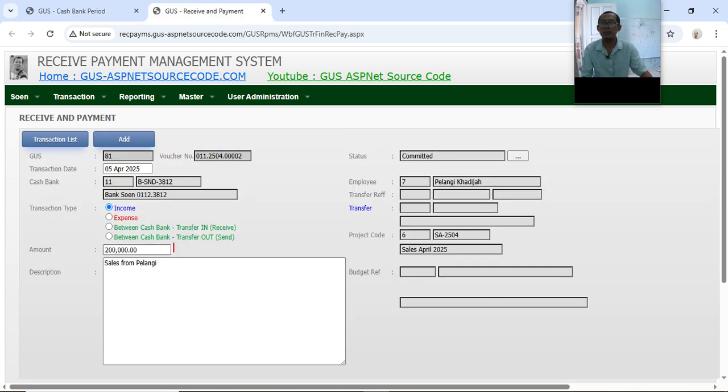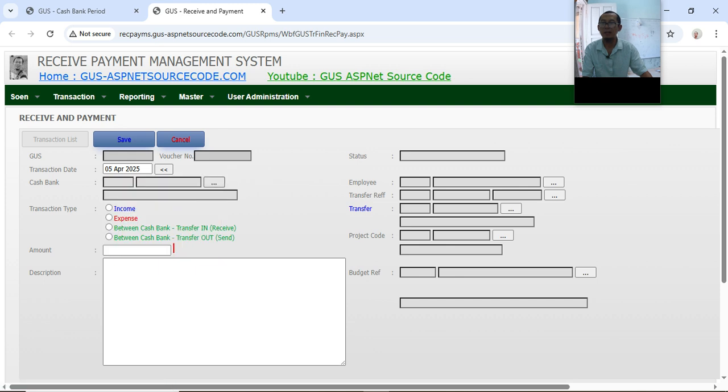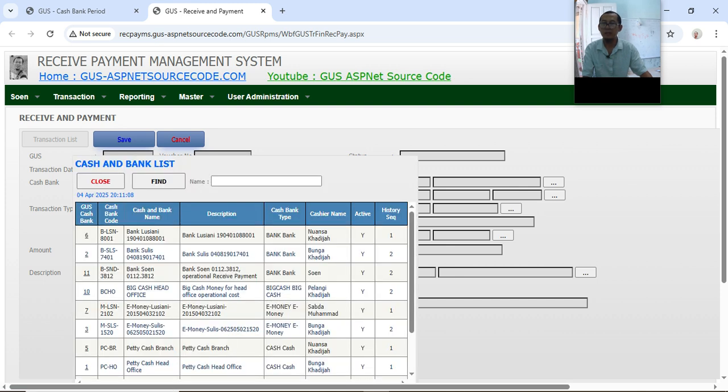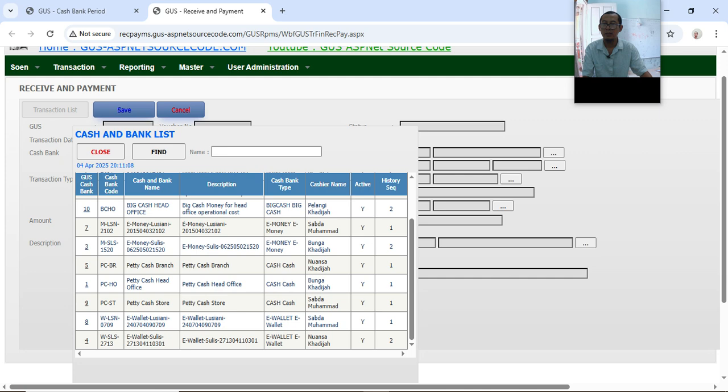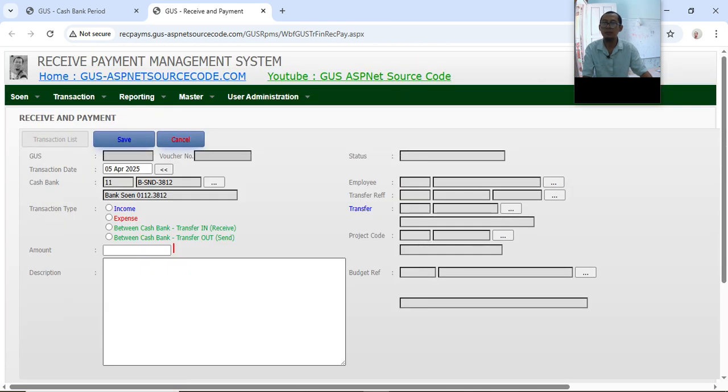Now let's try to create an expense. Date 5. Cash bank is, where is cash bank Soon? Yes, here it is, Soon. Expense. Expense is a minus, so I will put a minus.